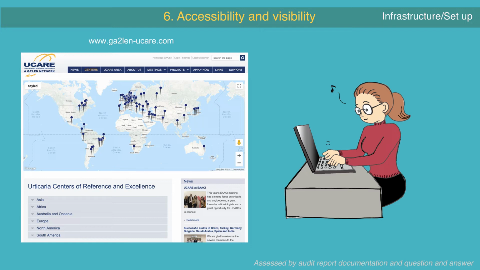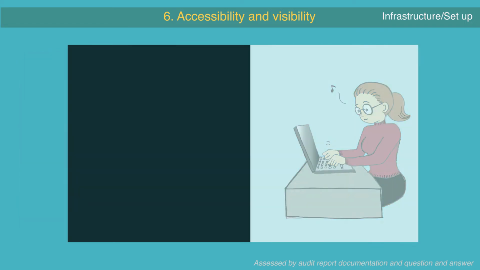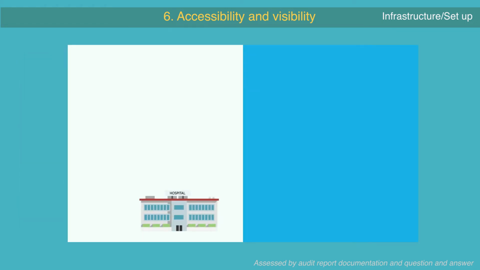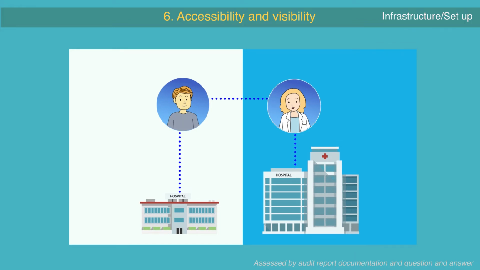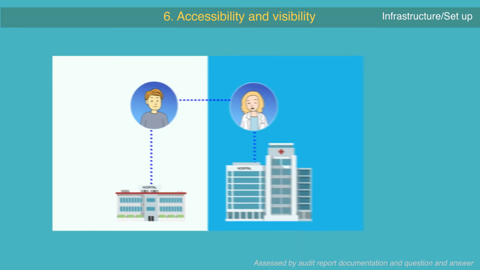If this information is not clearly provided on the website, then this is to be changed by the centre, and confirmation that the centre will do so should be documented. In addition, the centre should have an interaction with a local referral network and patient organisation. The auditor will check these by question and answer. For example, how are urticaria patients referred to you by general practitioners or specialists, and which ones?